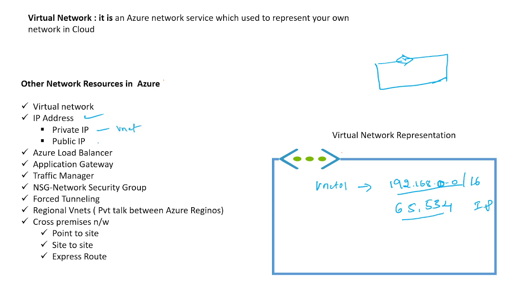You also have public IP. Public IP, you cannot create in a VNet. Public IP is purchasable, okay, you have to purchase them. So I will tell you how to create a public IP and how to associate that public IP to the virtual machines. So why do we need a public IP? Say for example, you have a computer here. Yesterday we created a computer, na,